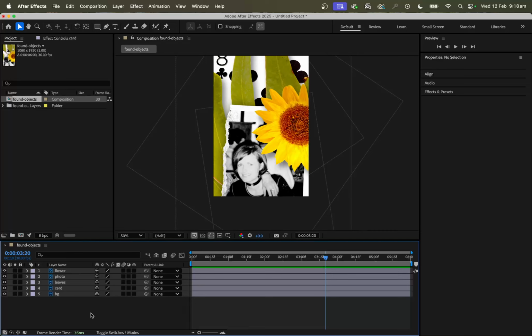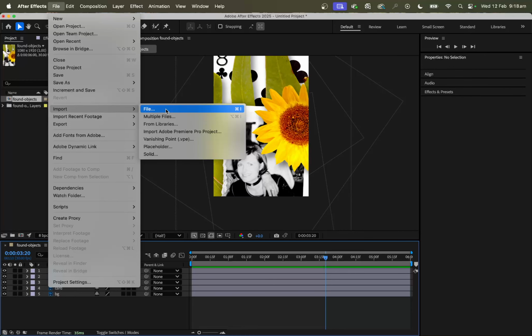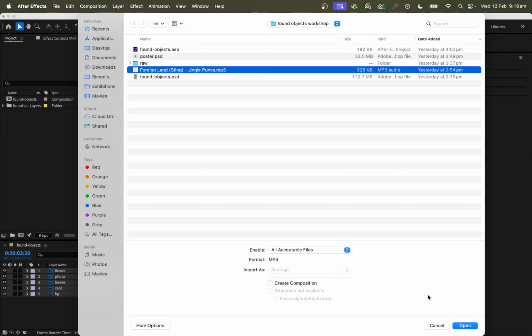We can also import just flat image files like JPEGs, or video files like MP4 files, QuickTime files, etc. Lots of different assets. So I'm just going to go back to the import file, going to navigate to this MP3 that I've downloaded from the YouTube sound library,